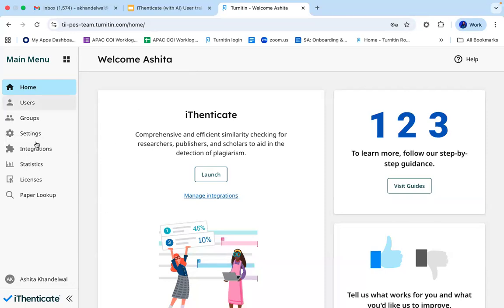This is the homepage, as I said, and these are the menu items which only your administrators can see. So if you are not an administrator, you won't be able to see these menus. But if you have been added as a co-admin or any admin kind of access, then you will also be able to see these menu items, and you can connect with your main administrator to understand how you all have to work together.